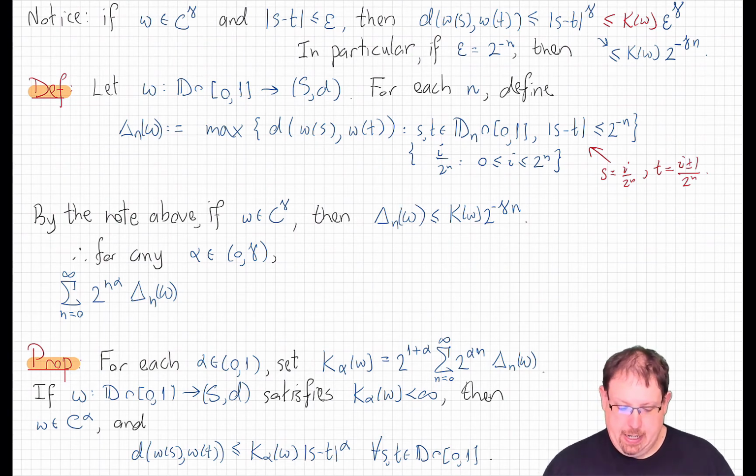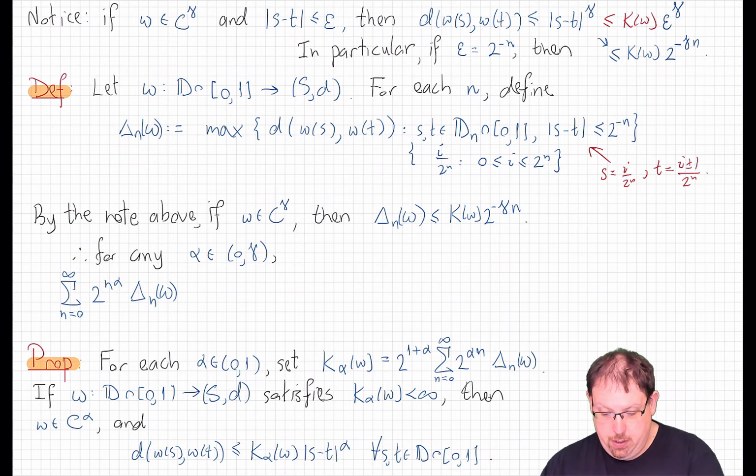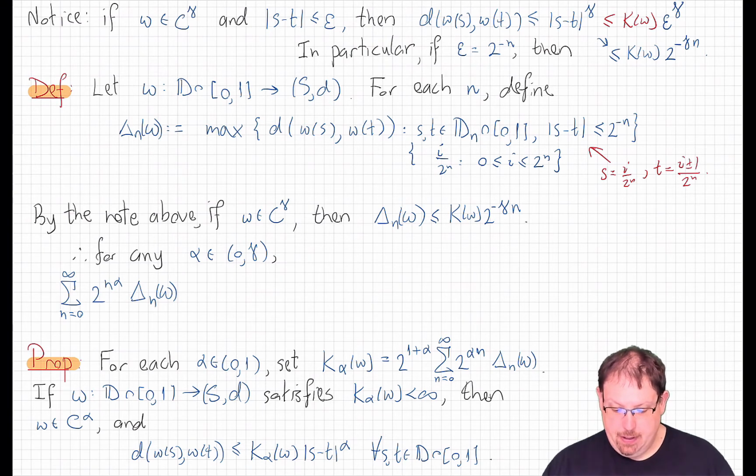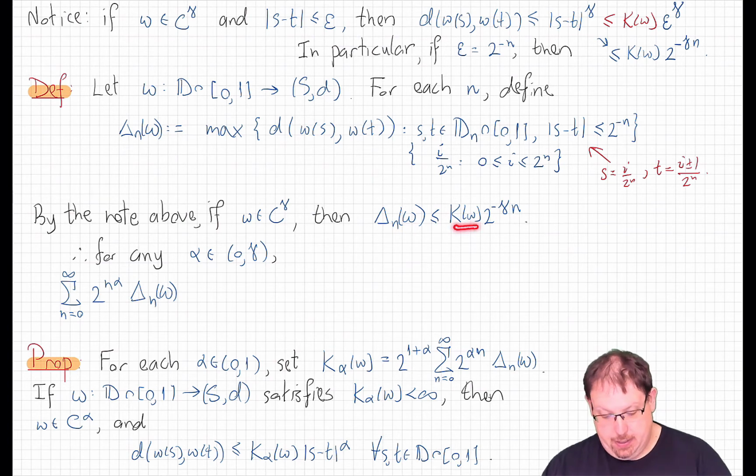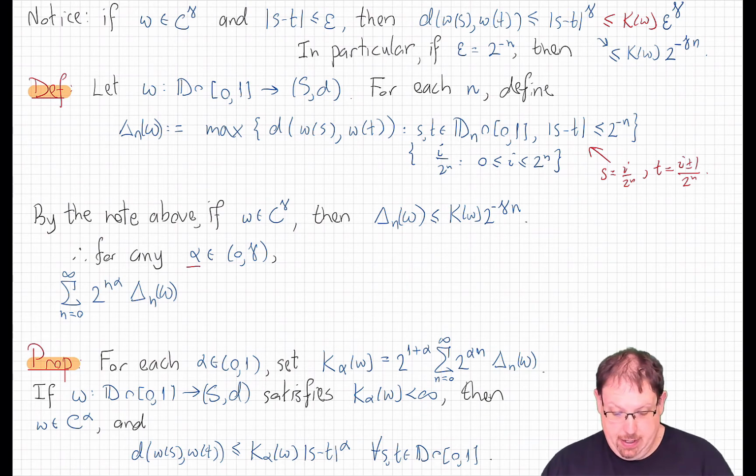Now, let's make a simple observation here. By what we noted up here, if omega is a path in C gamma, then this maximum mesh will be less than or equal to the constant corresponding to omega times 2 to the minus gamma n for each n. And so what that means is that if we take an alpha less than gamma, then this strange looking sum here, the sum of all of those maximum meshes weighted by this exponentially increasing family, 2 to the n alpha,